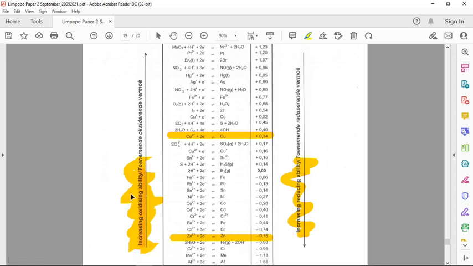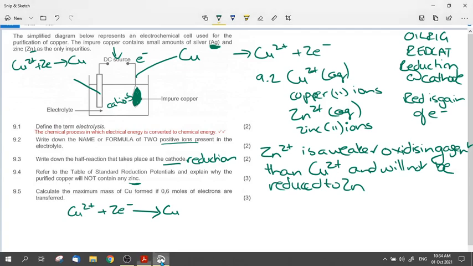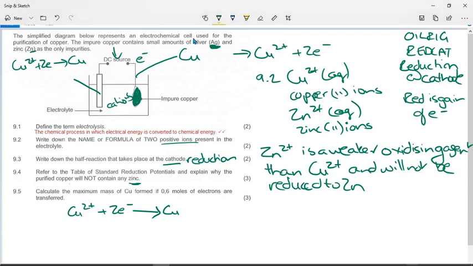in terms of oxidizing ability. This forward reaction wants to happen. Cu2+ goes to copper. Zn2+ does not want to go to zinc because it is a weaker oxidizing agent, and so it is not reduced to zinc. Now it says to you, calculate the maximum mass of copper formed if 0,6 moles of